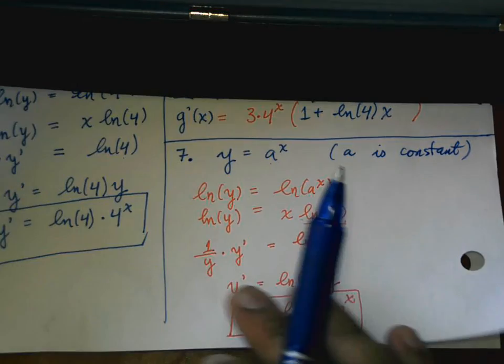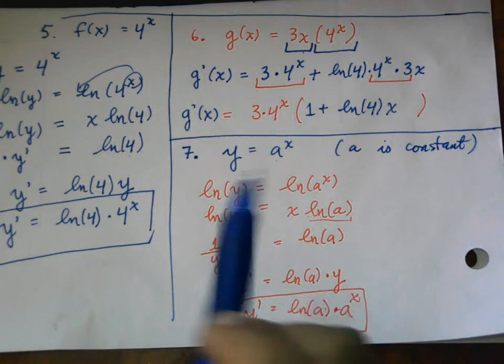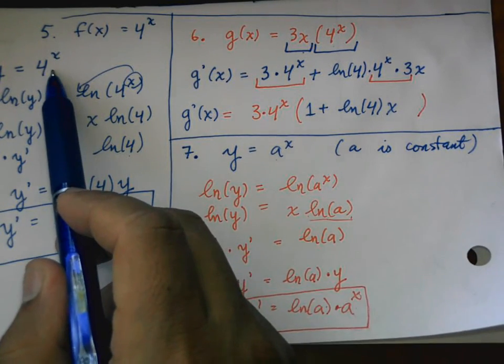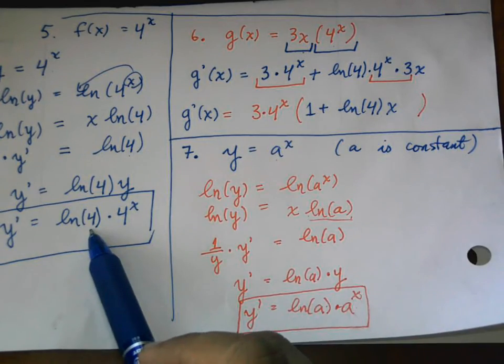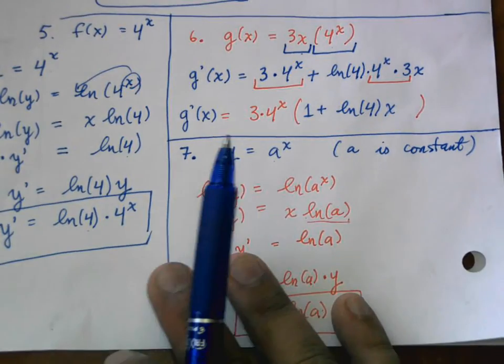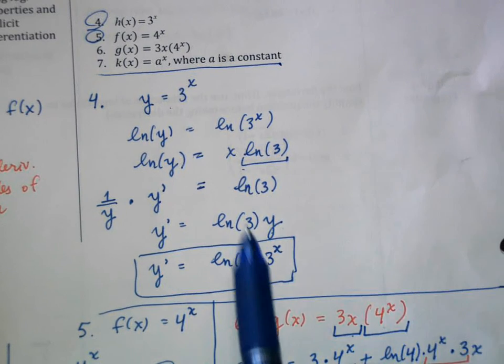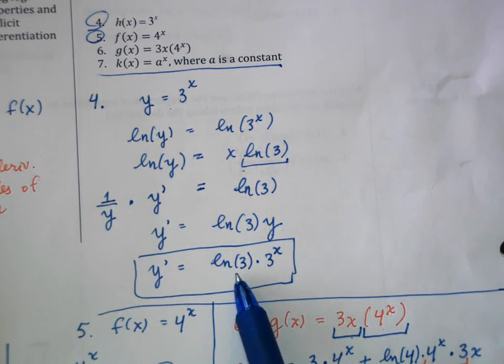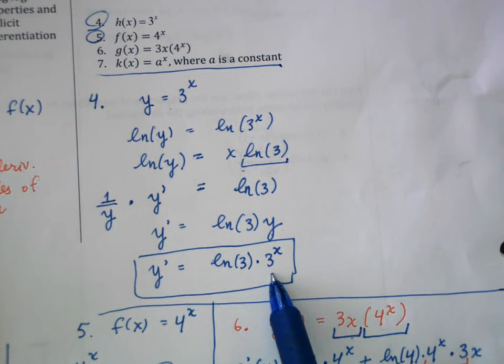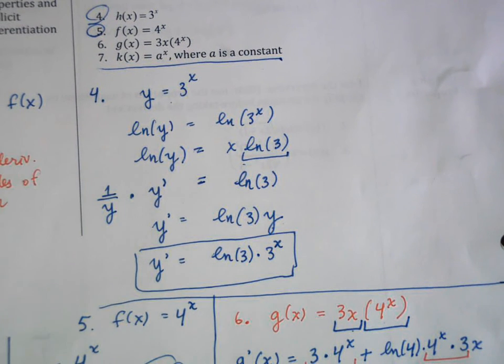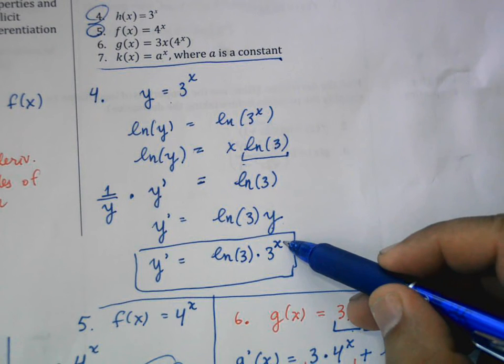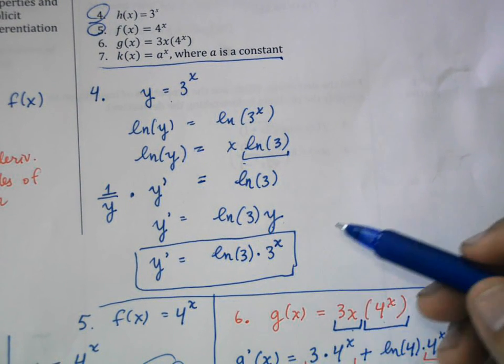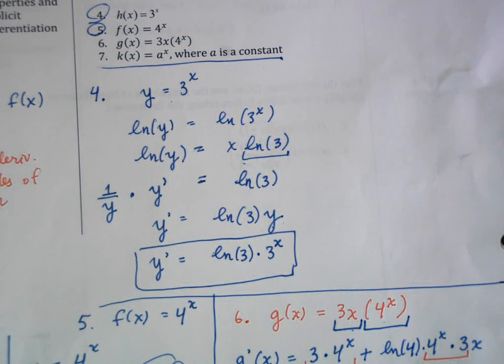So you can see in the previous examples, the derivative of 4 to the x is nothing more than natural log of 4 times 4 to the x. The derivative of 3 to the x is nothing more than the natural log of 3 times 3 to the x. Now I do have to caution you that if we had some more complicated expressions here besides x, then the chain rule will have to apply. And we'll look at that